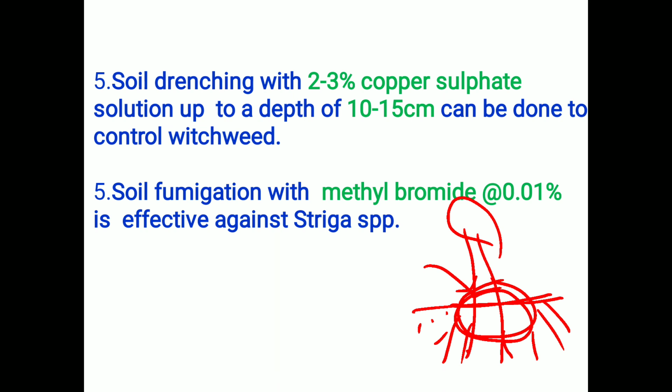So this is about the total description of the classification of phanerogamic plant parasites. In the second part of that topic, we discussed the total information about the partial stem parasite, that is Loranthus, then the total stem parasite, that is Cuscuta, the total root parasite, Orobanche, and the last one, the partial root parasite, that is Striga.